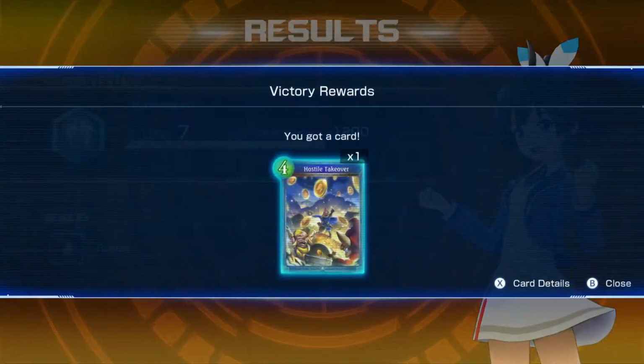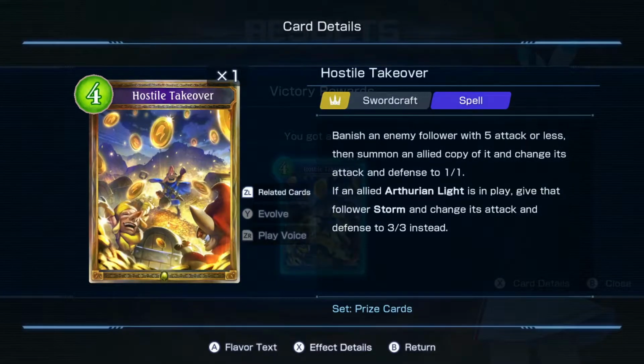Good game! Okay, so how does it work? Banish an enemy follower with 5 attack or less, then summon an allied copy